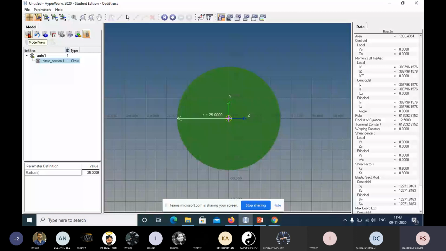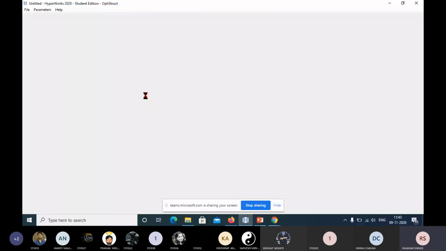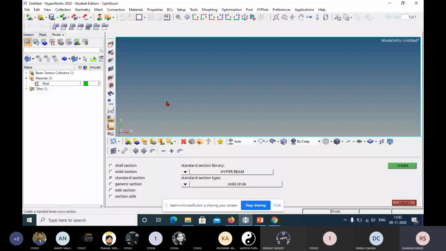So click on this model view icon. Now are you in the HyperMesh window? Here HyperWorks Student Edition OptiStruct. Okay, is it visible to you? Yes, sir.